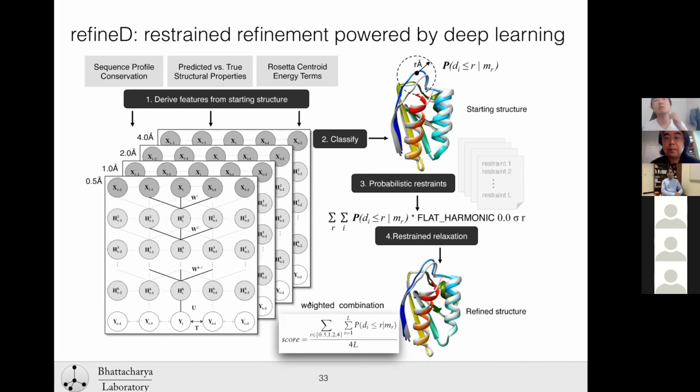How feasible do you think it would be to extend QD and refind-D to multiple protein chains? Oh, that's a very good question. Currently, it is not possible. Currently, it can only handle a single chain. The QD method can be extended for multiple chains, provided we can get the multiple sequence alignment information for the multi-chain protein, and we can reliably estimate the interchain contacts or distance predictions. If we can do that, then it can be extended, because the architecture is neutral, so we can easily extend it for complex prediction or complex model quality estimation.